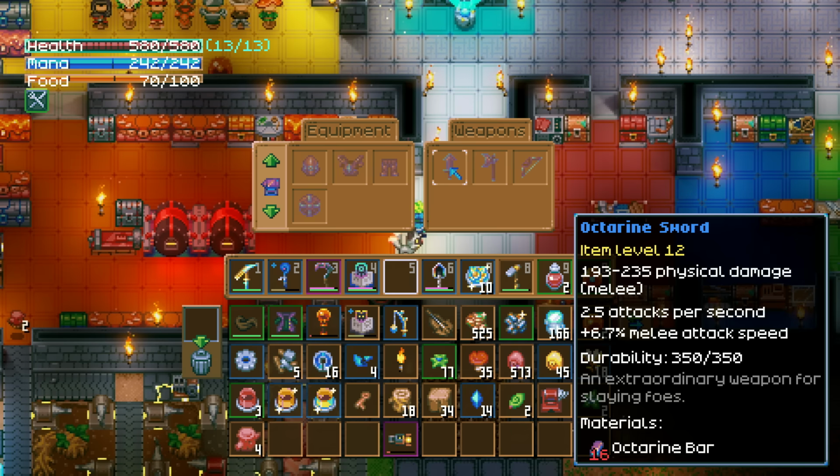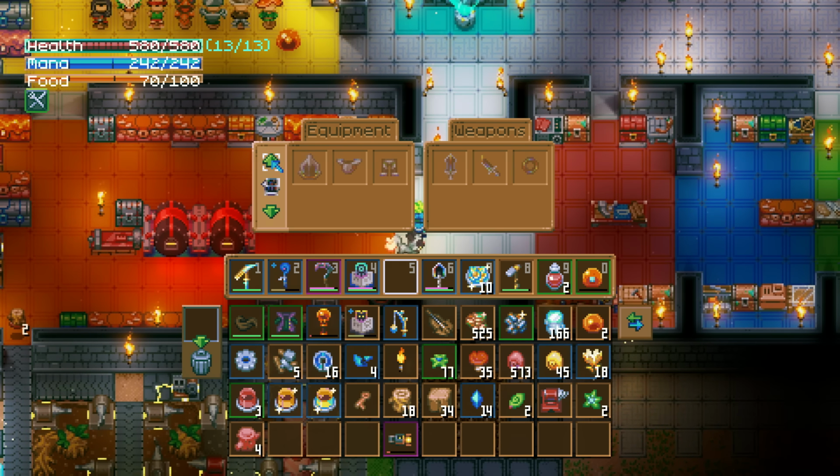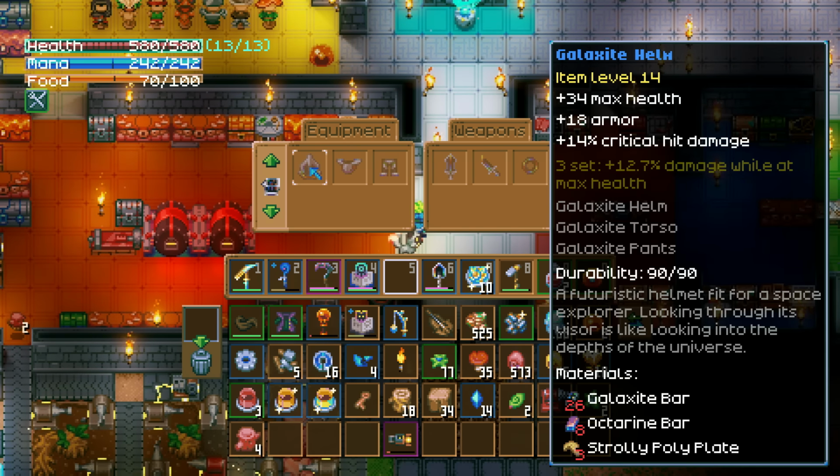But yeah, not exactly sexy. More valuable is making sure you always get the next pickaxe. That's going to help you progress much more. But some of the perks for some of the other armor sets like the Galaxite, I don't think they're that amazing. Yes, they're going to give you more max health and armor, and I'm not saying skip all of them,